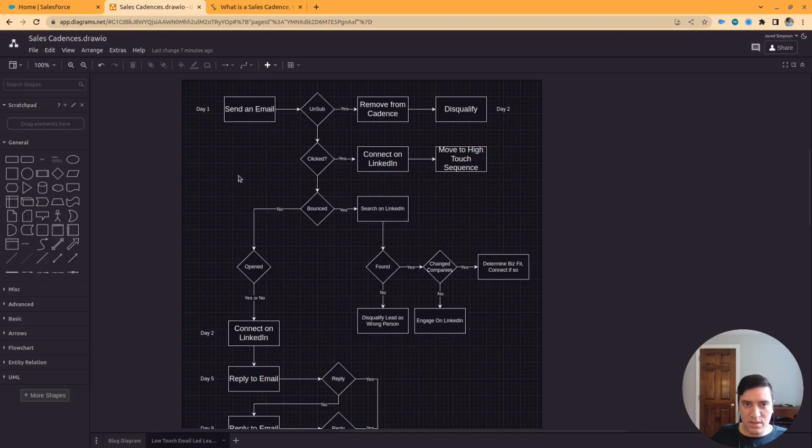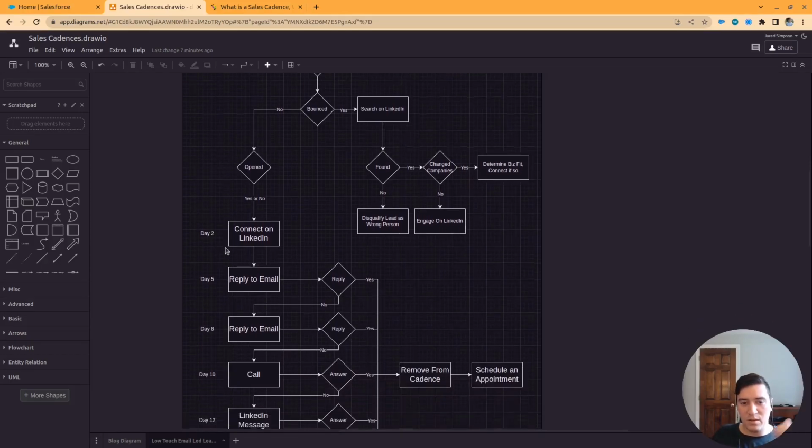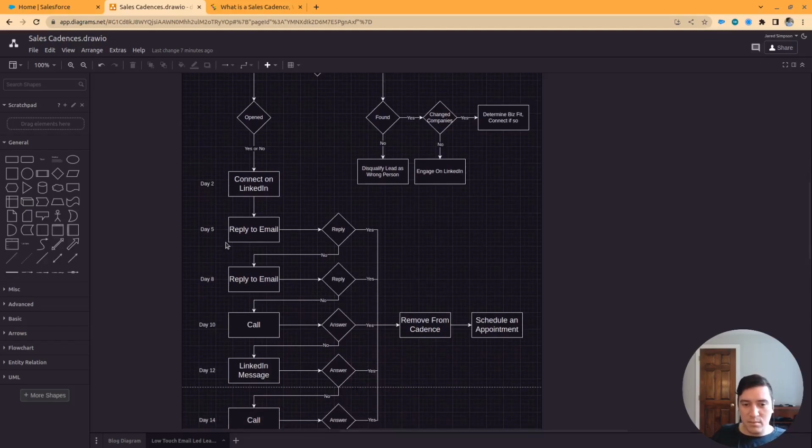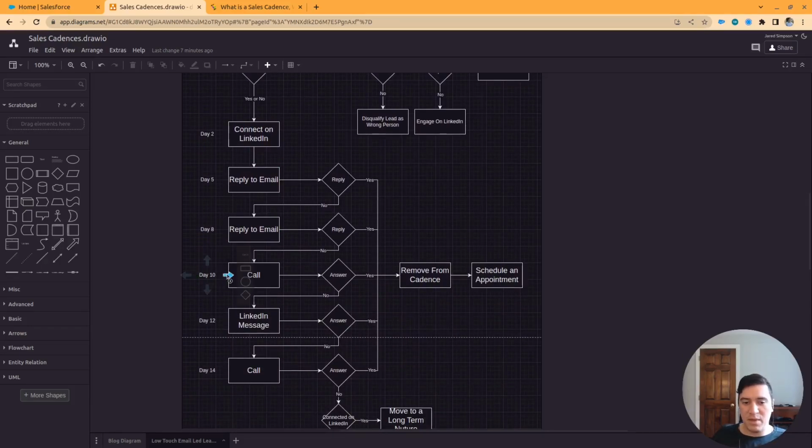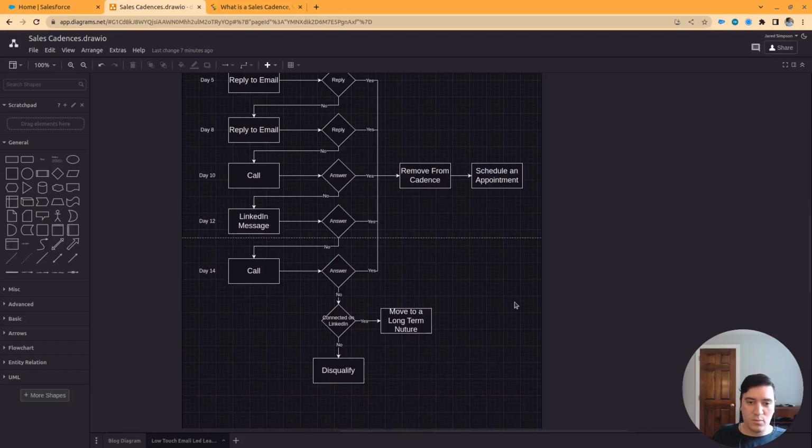lead sequence, and this whole sequence is about trying to have that first interaction with a prospect that you've never talked to before. And we started off with an email where we then try to gauge their engagement with it. And from there, then we make a connect on LinkedIn, reply to the email, make some calls, and reach out over